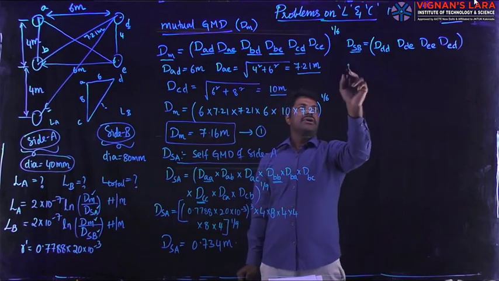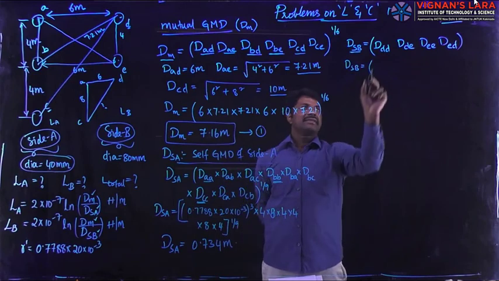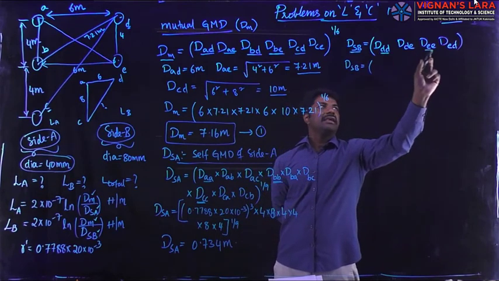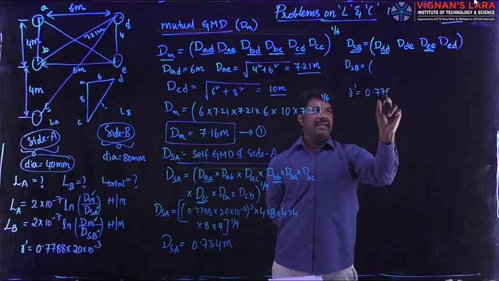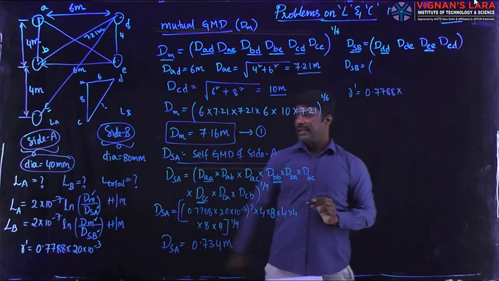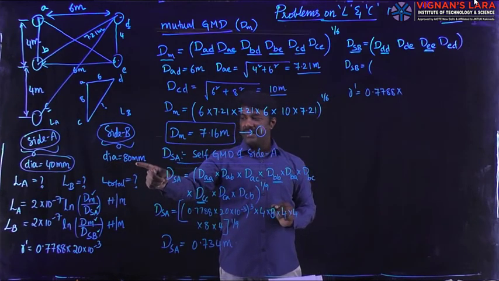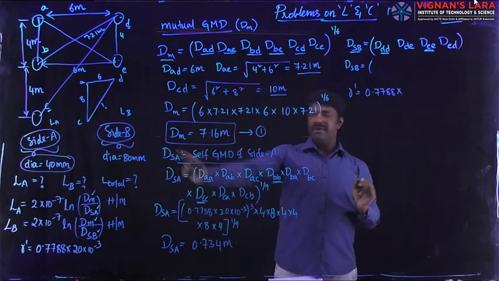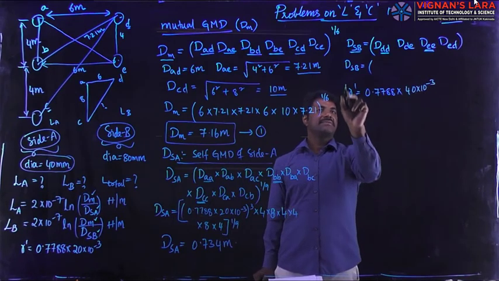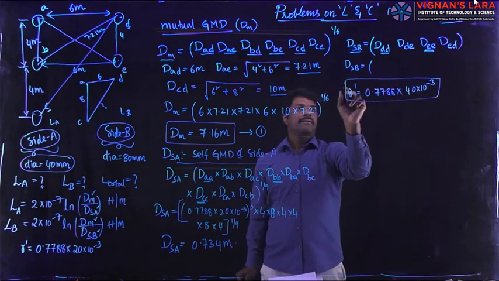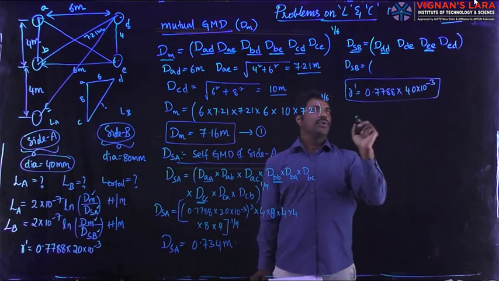Okay. So DSB, on substituting, we will get the magnitudes as DD. As I told you, DD or EE are R dash values whose magnitude is 0.7788 into R, radius of the conductors that are available in side B. Then what is the diameter of side B? 80 mm. Since diameter is 80 mm, the radius will become 40 mm, 40 into 10 power minus 3. This becomes the R dash for side B conductors. Then since 2 terms are there, I will put it as whole square.